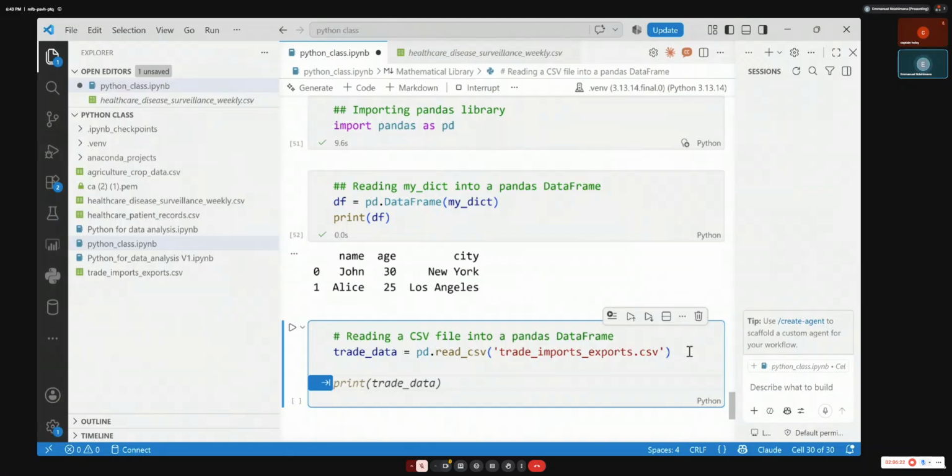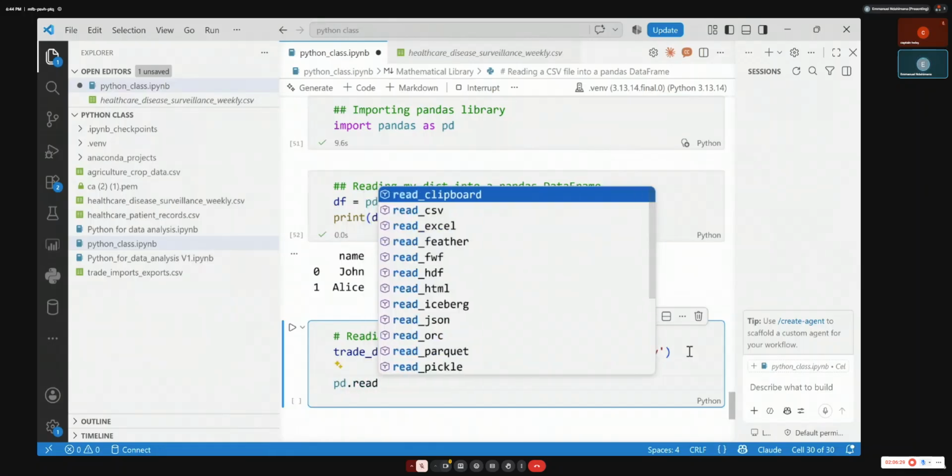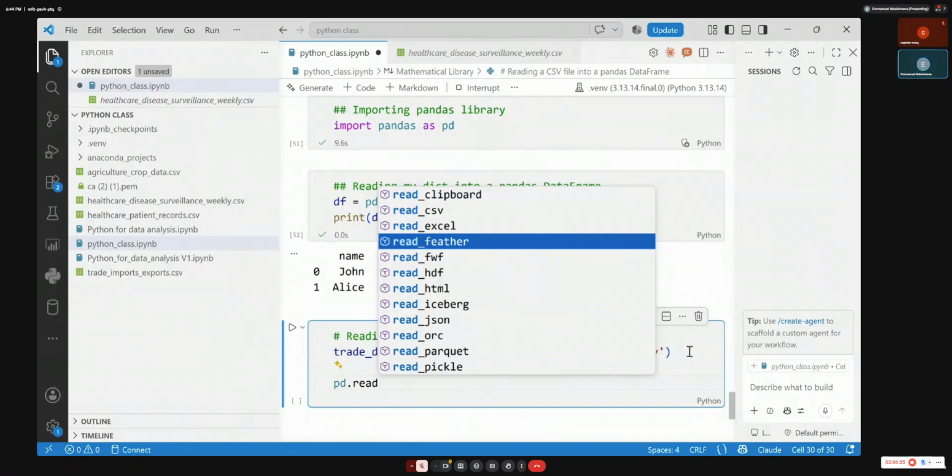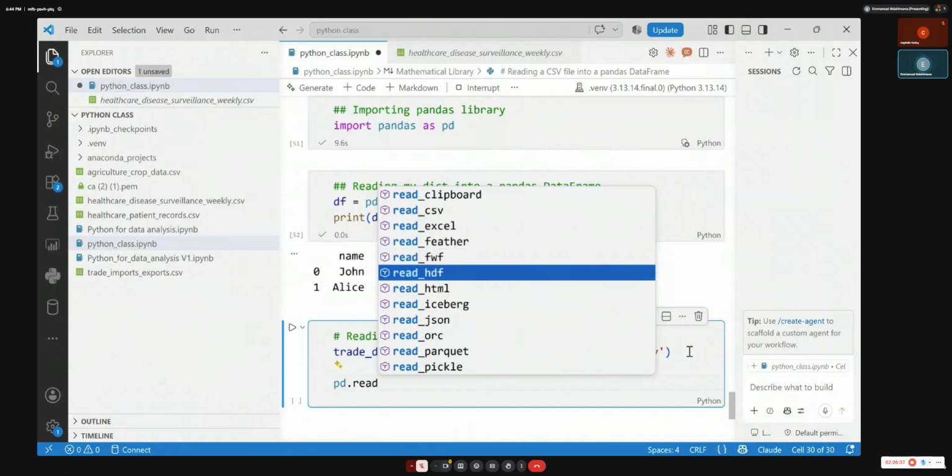You can do pd.read. If I do it like this, you see read, just before I complete the code, I can read CSV, read Excel, read HDFS. Who knows HDFS?